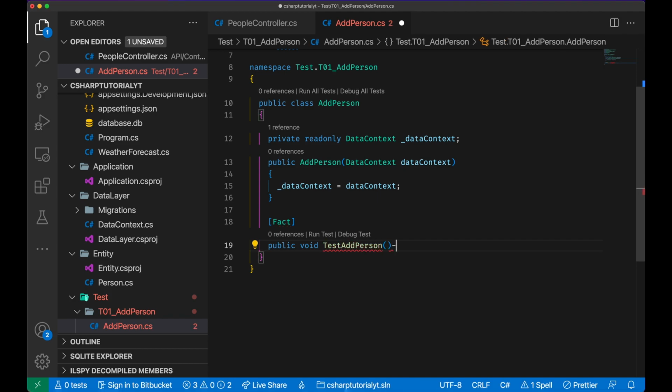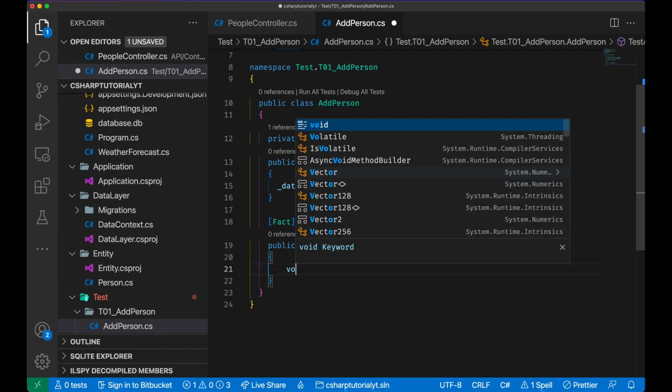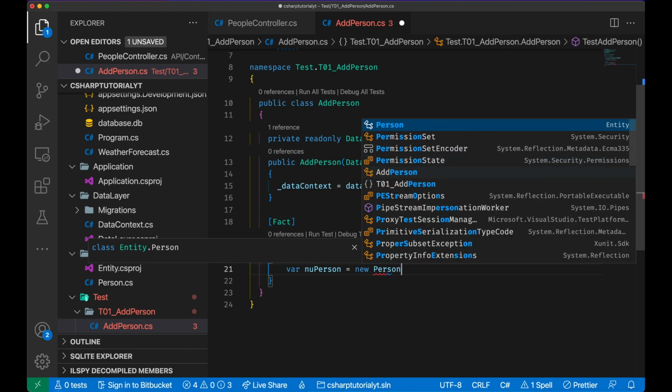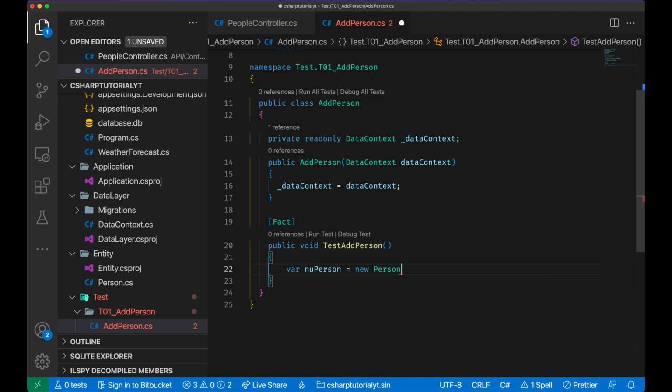Now in this case, what is actually gonna happen is that we're going to modify our item, so we're gonna create a person. So we're gonna have a var new person equal new person coming from entity,